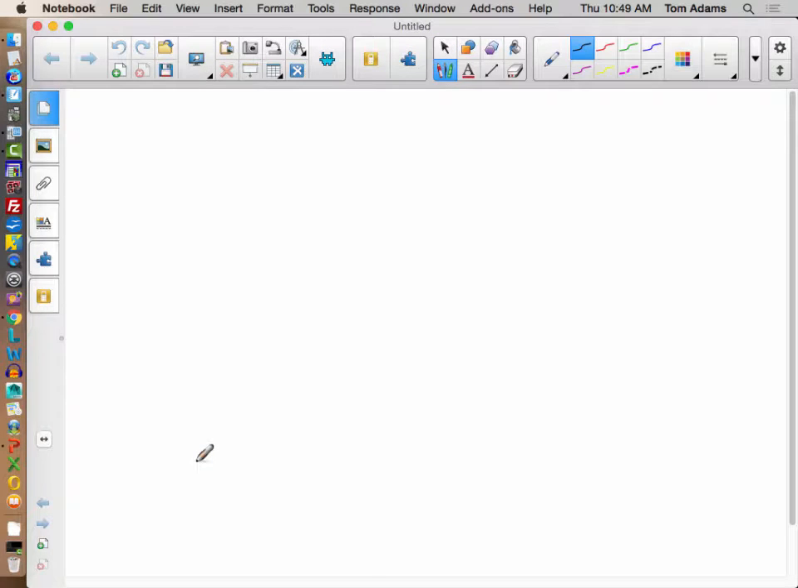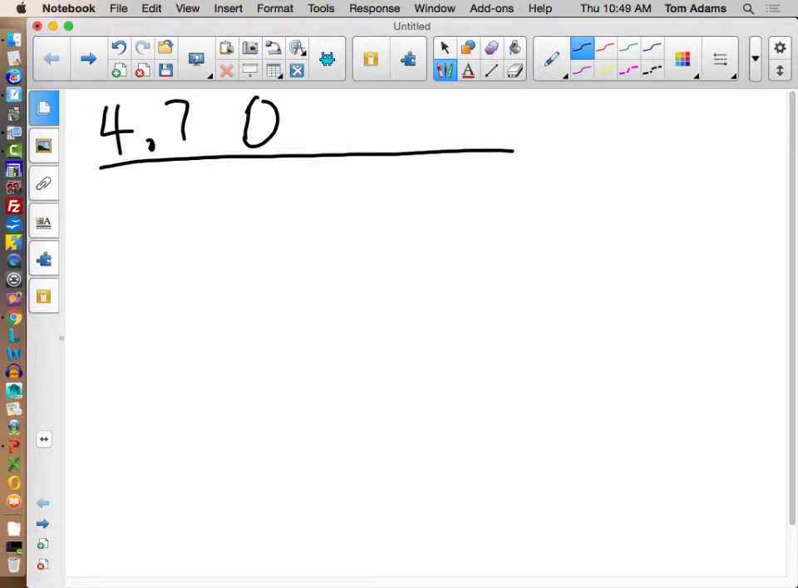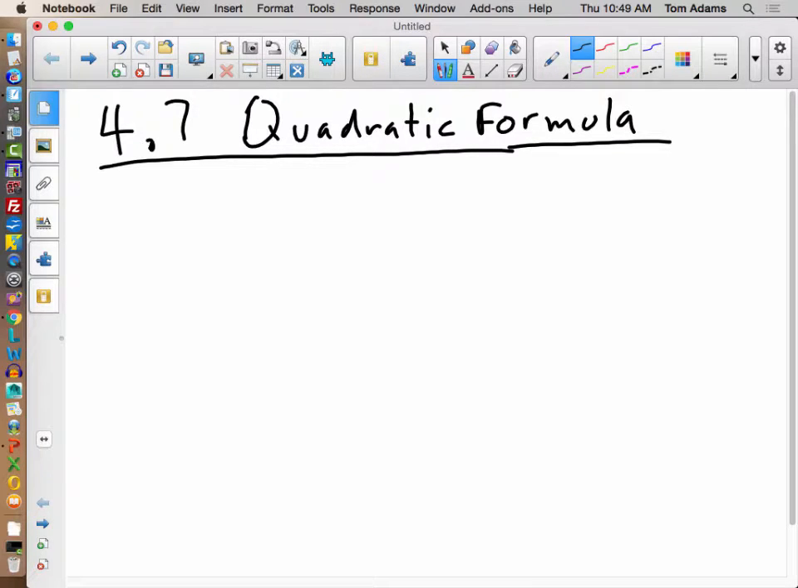All right, so for 4.7, we're going to solve these quadratics with what we call the quadratic formula. Now, the quadratic formula, I'm not going to go through the whole thing, but basically, remember that if I have ax squared plus bx plus c equals 0,